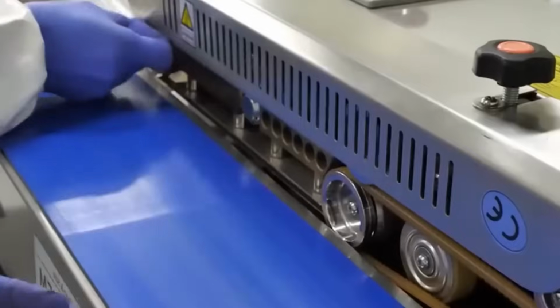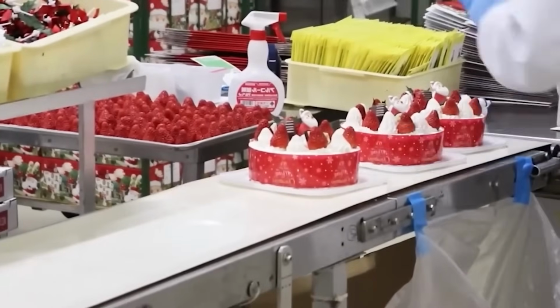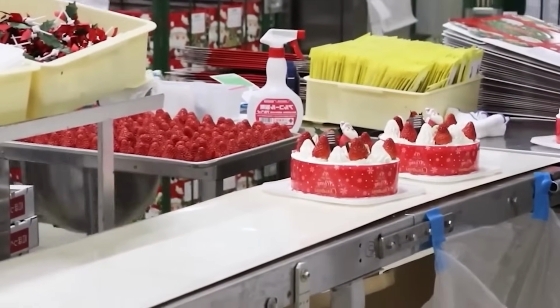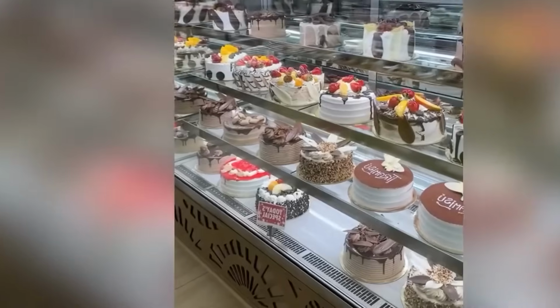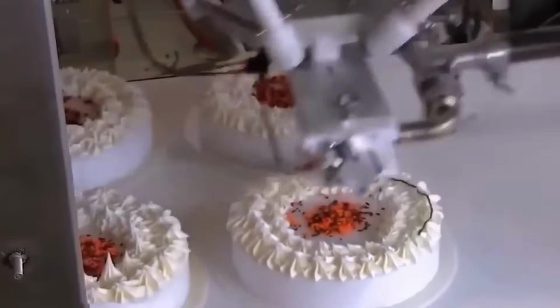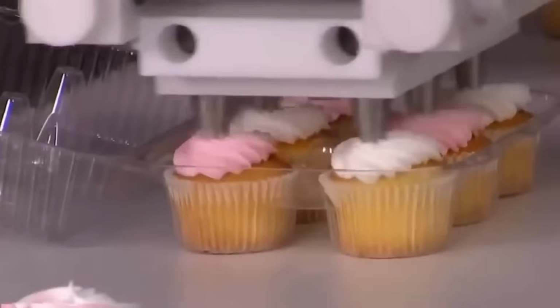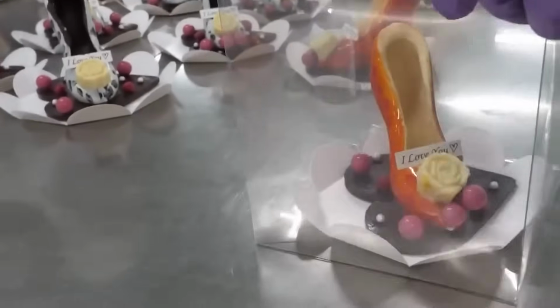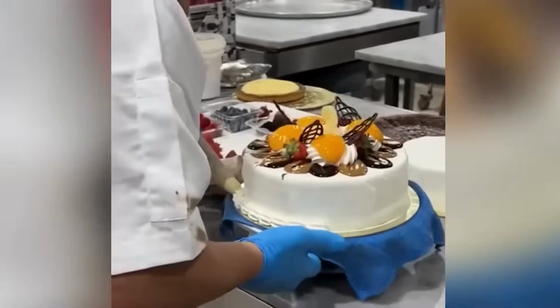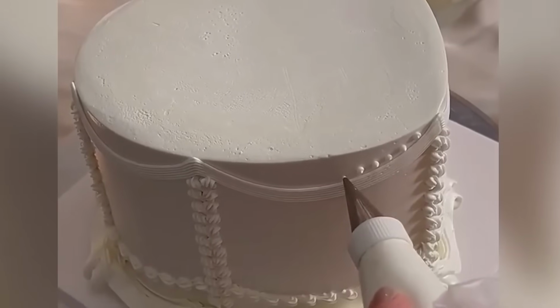to replace traditional sugar. The rise of personalized and custom cakes has led some factories to develop on-demand printing and decoration technologies. Edible ink printers can create intricate designs, logos, or images directly onto cake surfaces, making them ideal for special occasions or corporate branding. Robotic decorators equipped with artificial intelligence can replicate complex piping patterns, allowing for mass customization with minimal human intervention. Some facilities even offer direct-to-consumer cake ordering services where customers can customize flavors, fillings, and decorations before the cake is